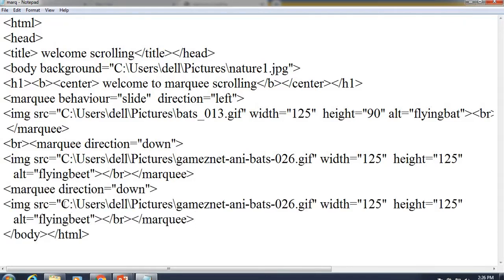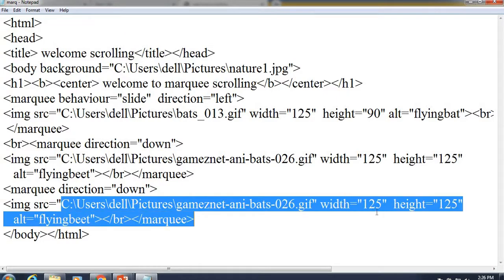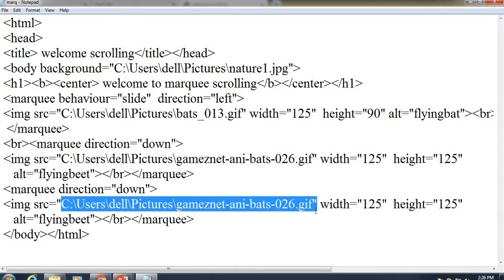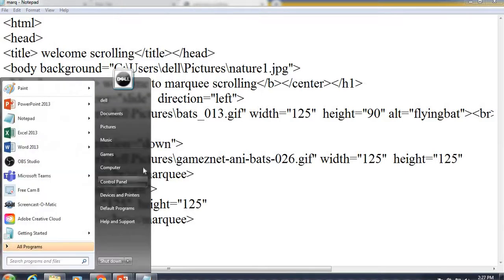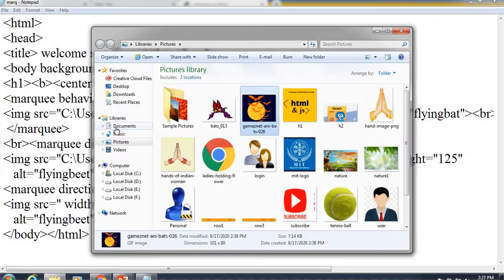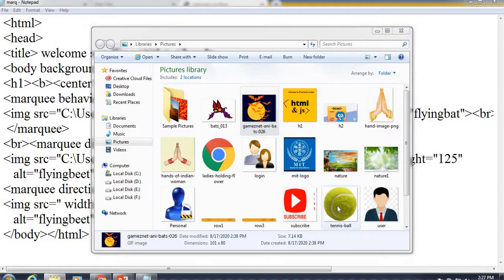I will add one more image here. Suppose I add this one.